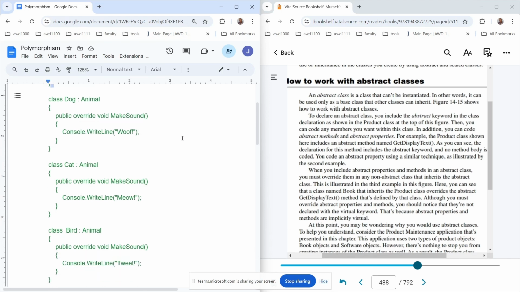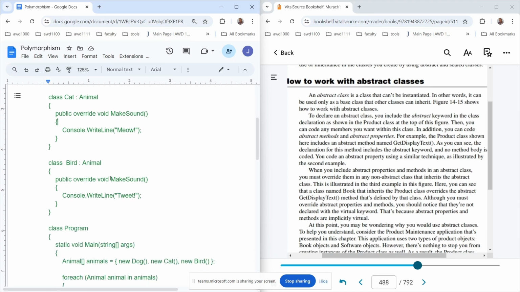So that's how that works. So here, dog, you're making a sound woof for the dog. For the cat, doing meow, okay? Bird, you're doing tweet for the bird. So for an abstract method that was created in the base, you're creating what's called a concrete implementation,